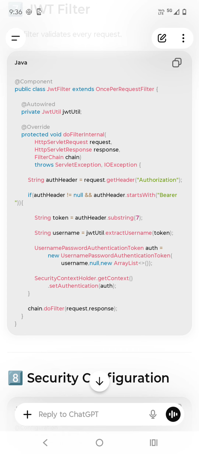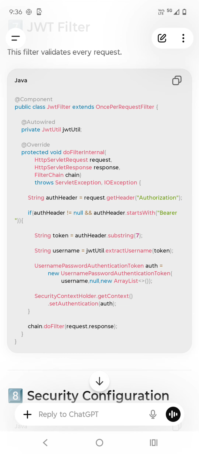What will this filter do? This filter checks the header. In case it already has a bearer token, then it intercepts and processes that request, and it validates the token. You see here, string token equal to auth header dot substring of 7. It is trying to get the token, and it is also extracting the username. So based on the username,